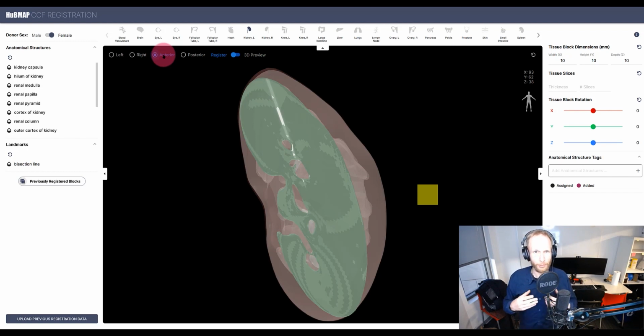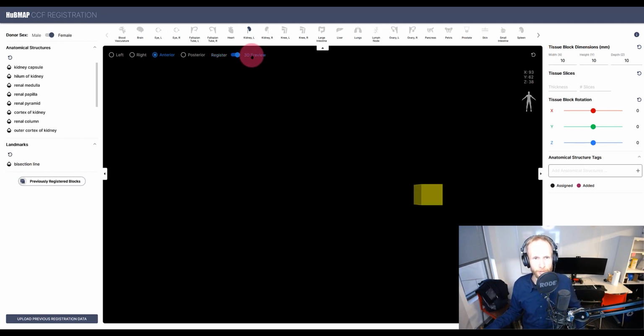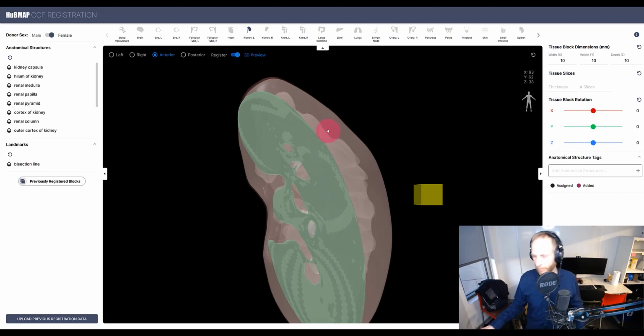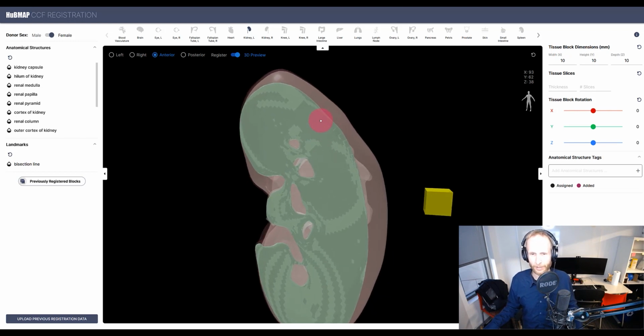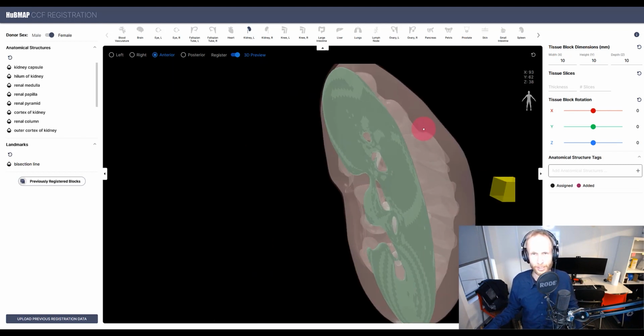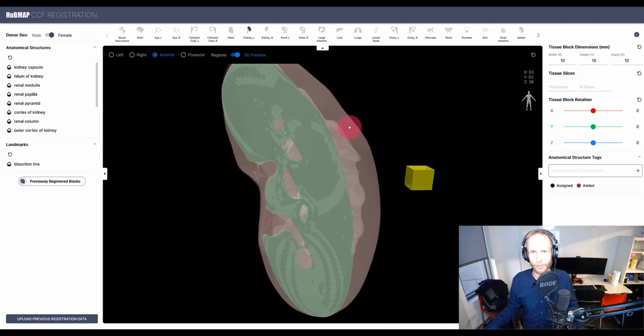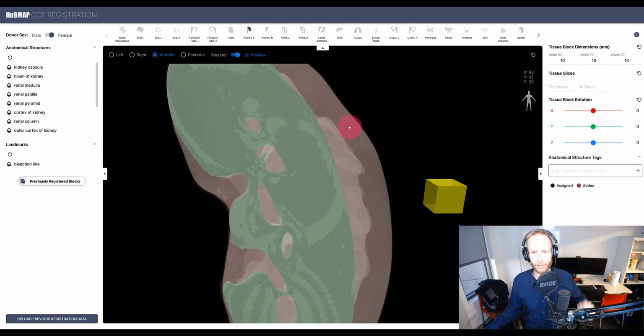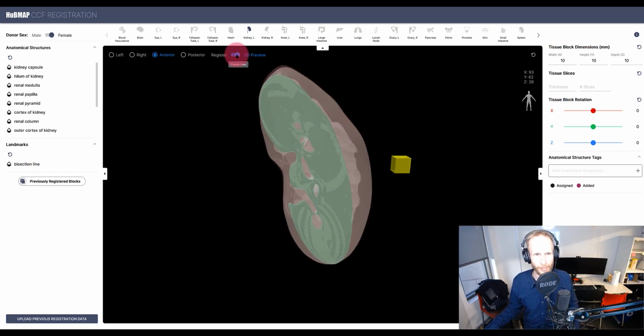Of course, this is very restrictive. So we added this 3D preview mode. So you can go from the rigid camera control, which is in the register mode, to a slightly more free version, going over to the 3D preview. And now I can use my mouse buttons, okay? And I press and hold my left mouse button. I can rotate the camera. If I press and hold my right mouse button, I can pan the camera, so I can move it sideways and up. And if I use the mouse scroll wheel, or two fingers on your touchpad, depending on how you're using your machine, you can zoom in and out. So for now, I'm going to go back to the registration mode.